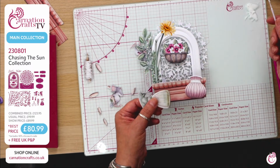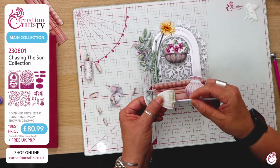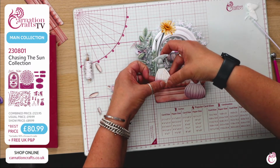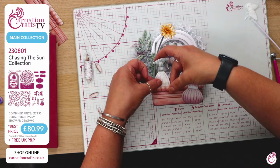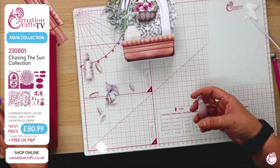So it will make more sense to me to have my little water bottle at the front. So I'm putting glue at the front, just on the bottom edge there. I'm going to take it in and pinch. Perfect. Just make sure that's straight, pinch it. Then I'm going to take my vase